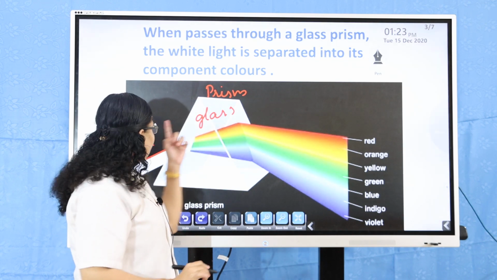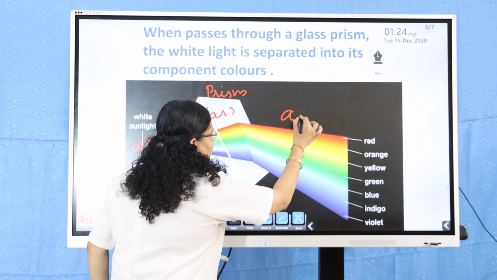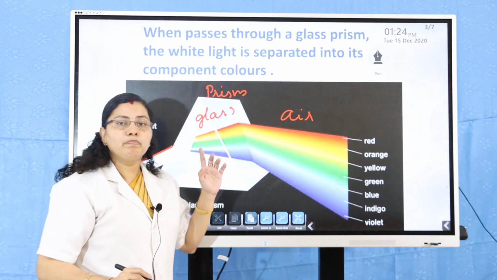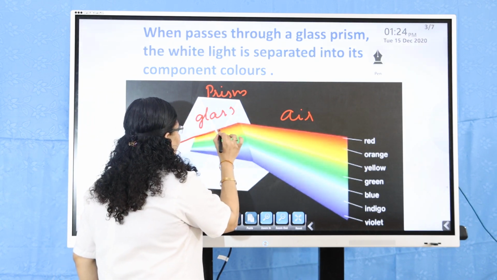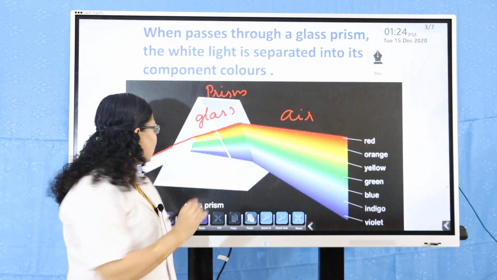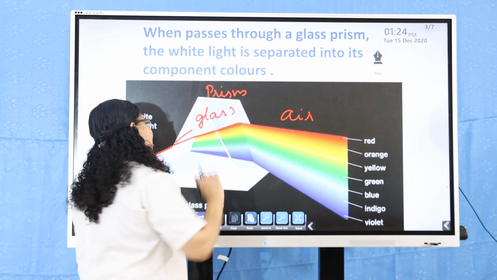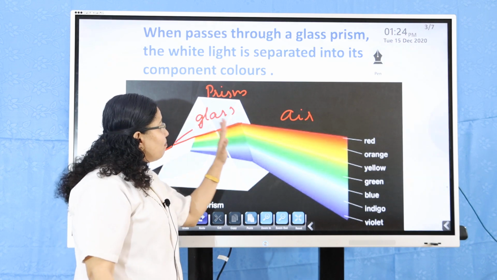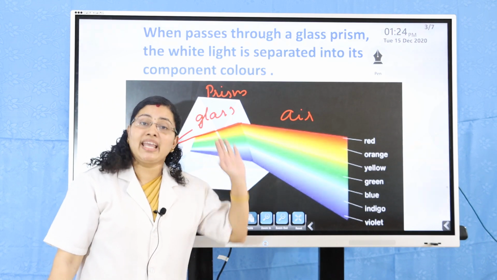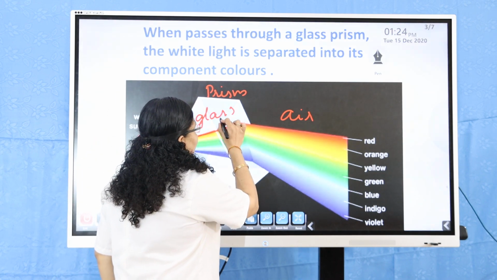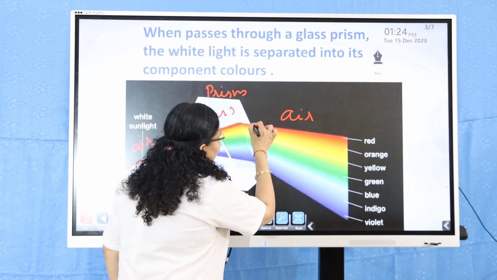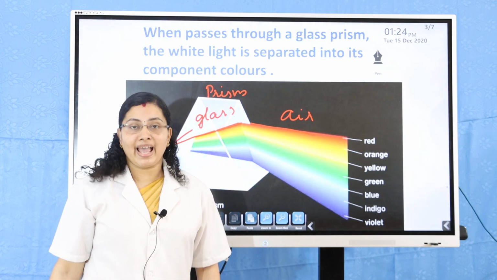Here it is air, and here it is also air. So when it passes from air to glass, there is a bending of light. Otherwise it travels like this. There is a bending of light because it travels from one medium to another. Here also it travels from glass to air, so another bending of light happens.